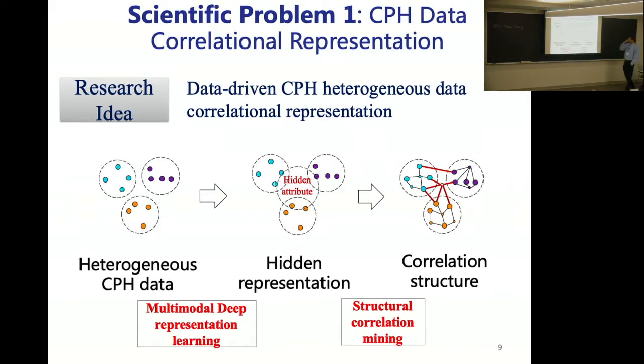Our idea is that we use representation learning, multimodal heterogeneous representation learning, to learn a hidden space. The hidden space means not like before, when we knew beforehand what the feature space is. So basically, it's machine learning: learn a mathematical representation. Then we get the correlation in the hidden space, we find their common representation. Then we use data mining technology to find their correlations.